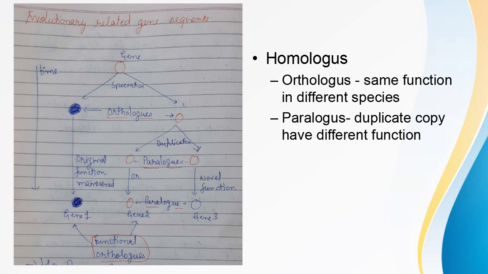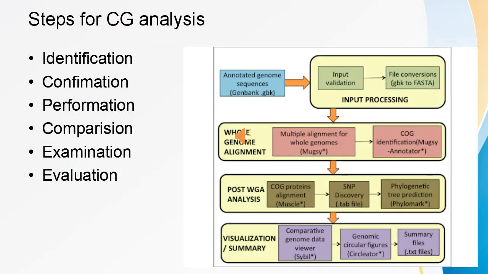By comparing these genome sequences or homologous genes, their orthology and paralogy, and further diversification, we can plot the evolutionary distance or identify the coding sequences or conserved sequences that are still present between two different species, or those unique to humans or other species. So there are different steps that we follow in comparative genomics to perform and confirm the true functionality and relatedness between two gene sequences of two different species.